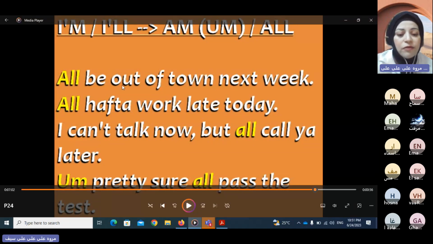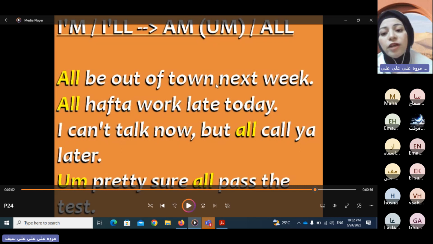It's really challenging, full of reduction, assimilation, a flap T, everything. See here, this is I will becoming I'll be out of town. Out of becomes "outta". There is severe reduction of the v sound, and the flap t here, out of the fast d, is like an r sound. Out of town, out of town.